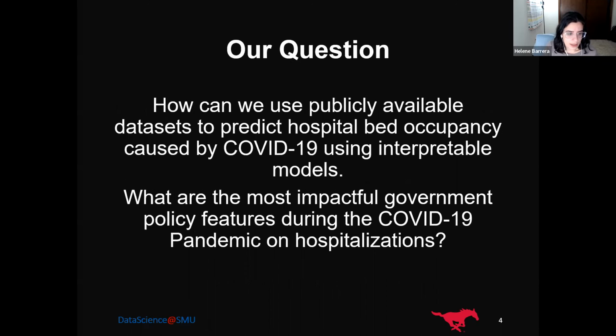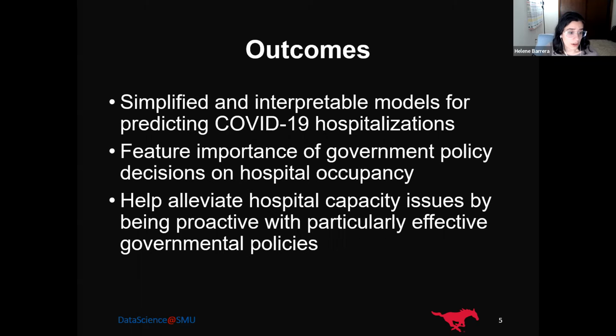We want to focus on how COVID-19 has pushed occupancy rates to the limit. We used publicly available data sets to predict COVID-19 hospital bed occupancy. We also used these models to determine the most impactful government policy features that could reduce inpatient hospital bed utilization. Our goals for this were to have a simplified and interpretable model for predicting COVID-19 hospitalizations, to find future importance of government policy decisions on hospital occupancy, and to possibly help alleviate hospital capacity issues by being proactive with particularly